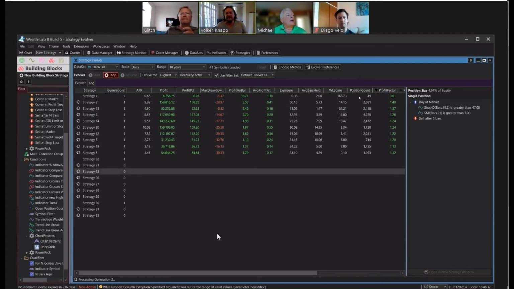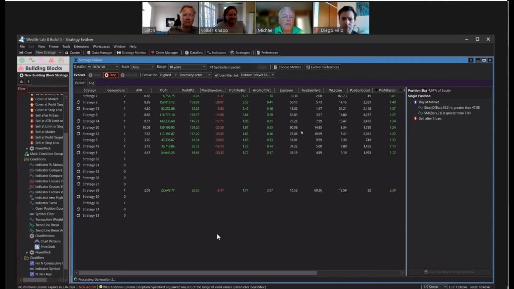Yeah, I actually changed it to the recovery factor, and I let it run again just to see whether there's a difference. But it actually reduces my